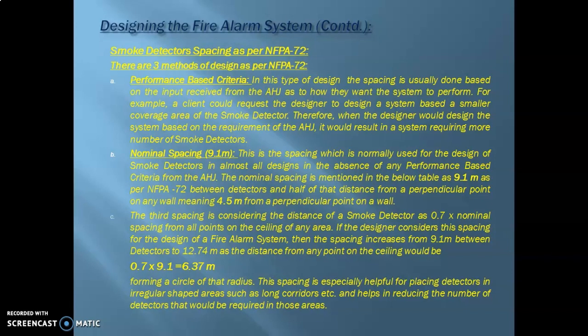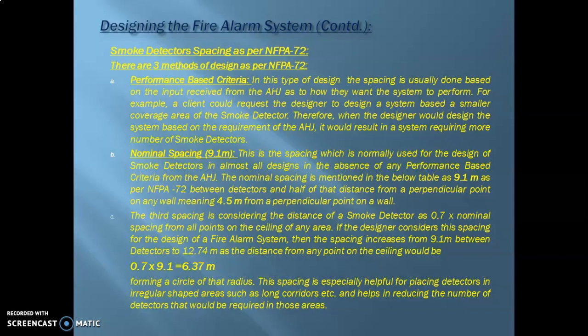Means areas that might have an irregular shape where you cannot get 4.5 meters or 9.1 meters spacing between detectors, etc. In that case you can consider this 6.37. And this comes, for example, when you have corridors. In corridors, since it is an irregular shaped area which is quite long, you cannot normally place the smoke detectors at standard spacing.